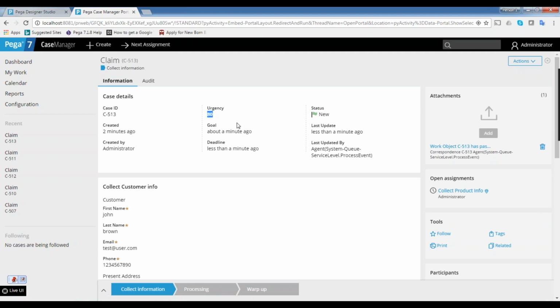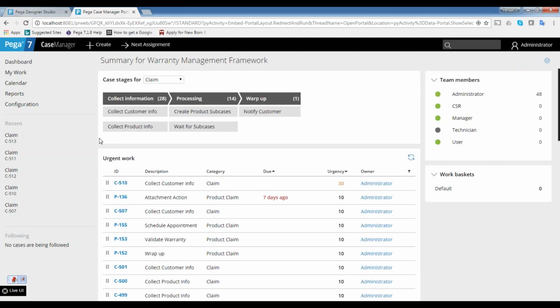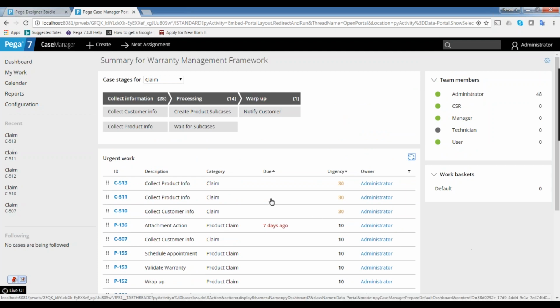Now you can see the urgency is 80. Whenever the urgency is 80, we go to the list of items and you can see the number is coming in red color. In the list of items, if you refresh it once again, the highest urgency will always be on top.